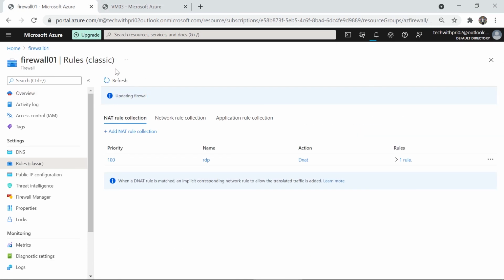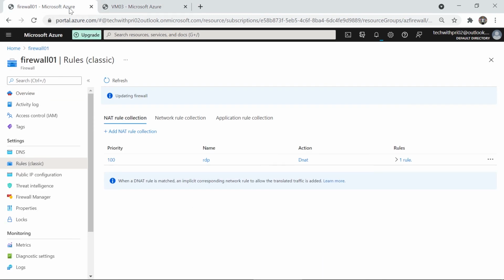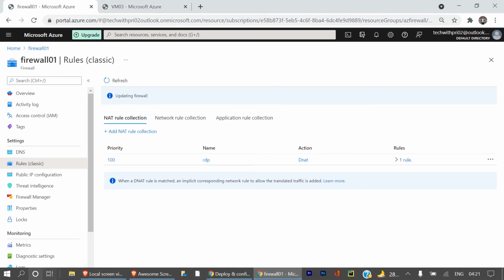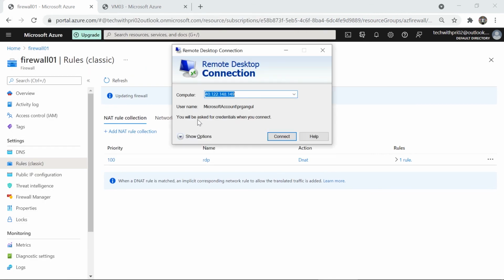Before that, just one thing: once you change the public DNS, like I've shown, you need to restart the virtual machine. You can just go to the virtual machine and click on restart. It is mandatory. Okay. Now let's go to the remote desktop again and paste the IP address of the firewall. Make sure you're pasting the public IP of the firewall, not the public IP of the virtual machine. Click on connect,